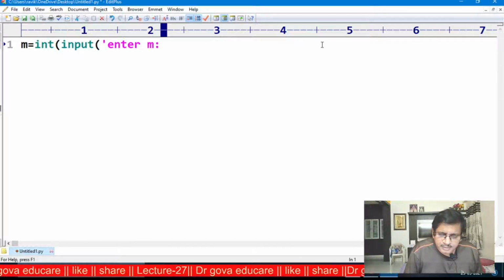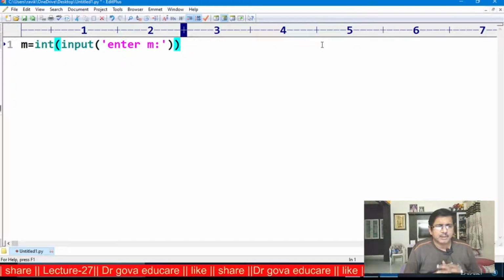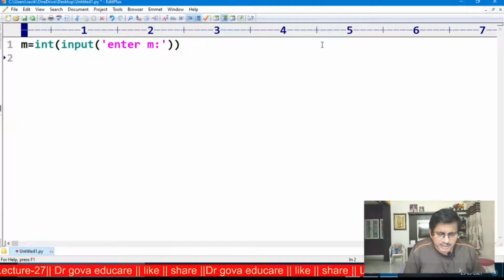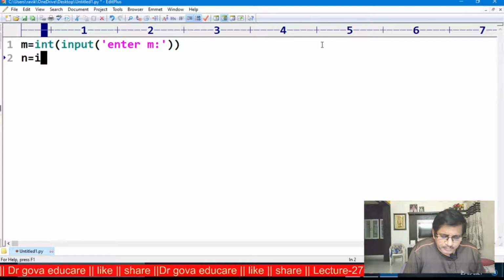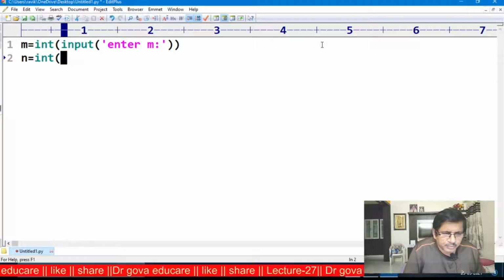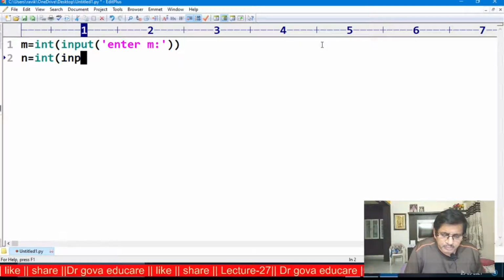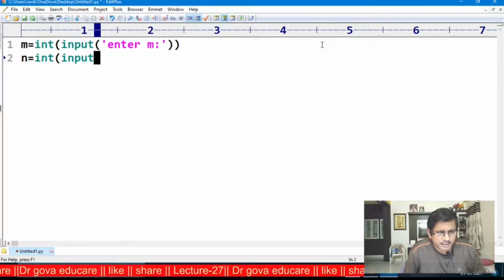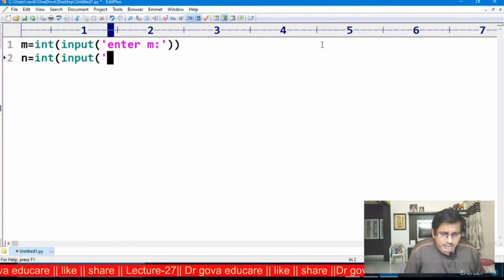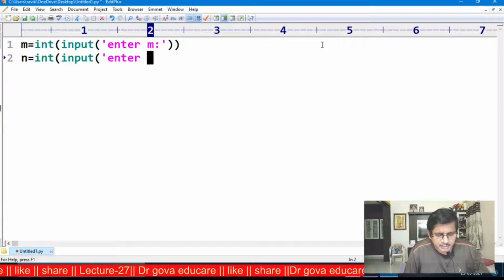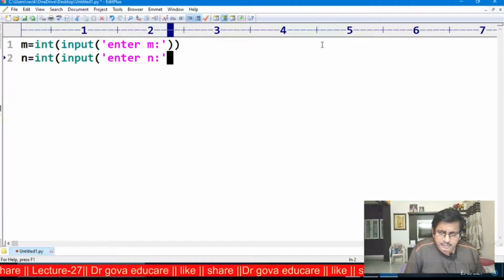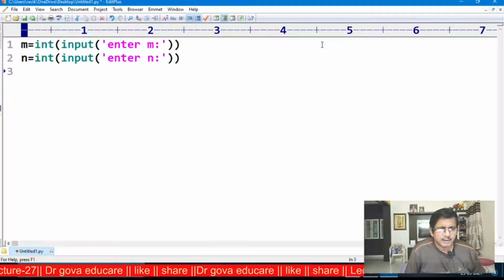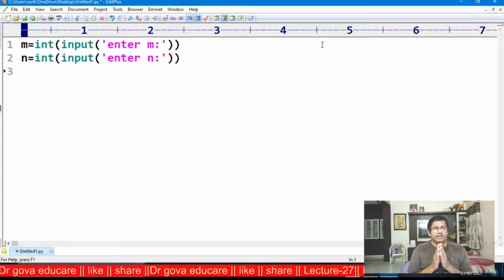Now m is the number of rows in the matrix. Similarly, n is equal to int of input, enter n.